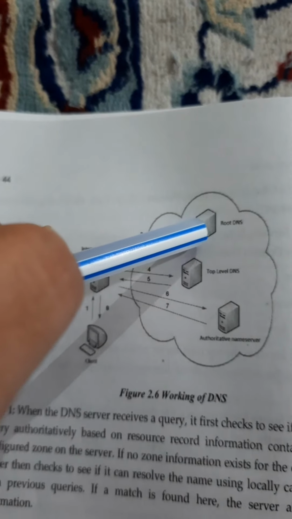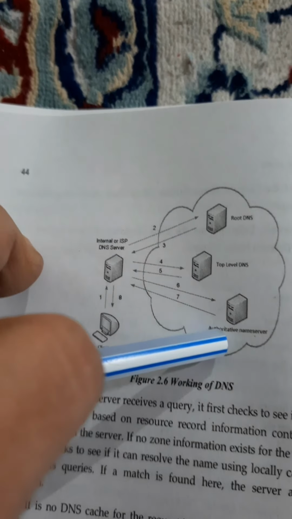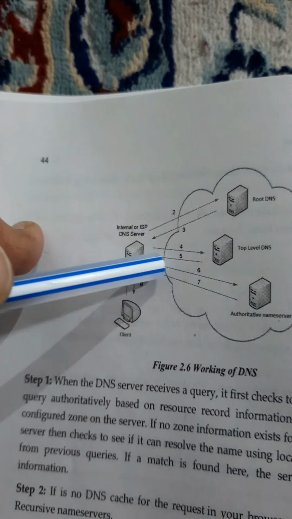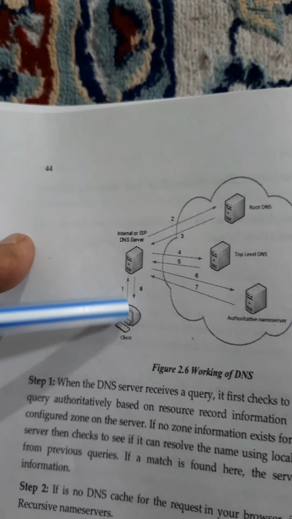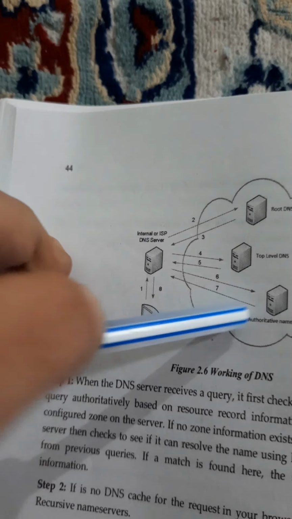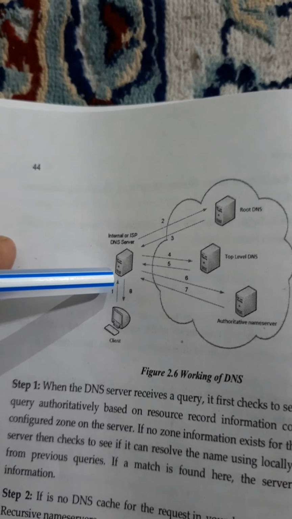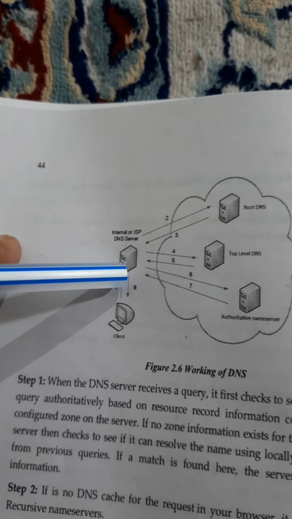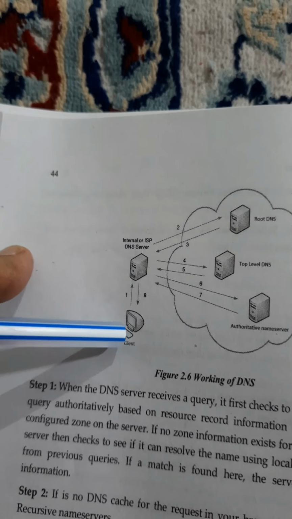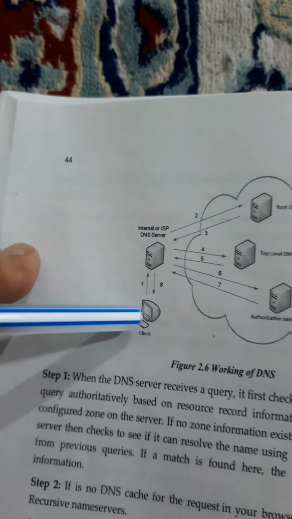It will first go to the root server, then to the top level domain server, and finally to the authoritative name server. This will give you the final result. Whatever you get, the DNS will pass to your client. At the same time, it will update its cache with your new query. That is, for amazon.com, whatever IP you got will be stored now, so that the next time you search for the same website, it doesn't have to follow all this procedure.